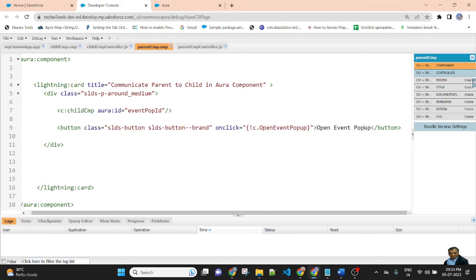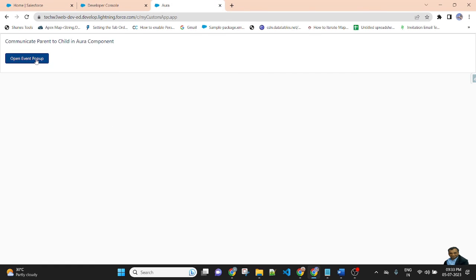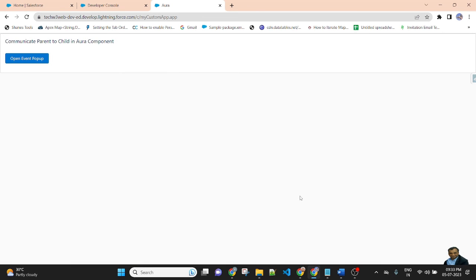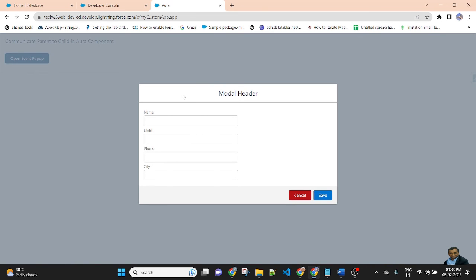This is open event pop-up. When you click on it, the modal pop-up will open. When you click on the cancel button, the modal pop-up will hide. In this scenario, I am using the Aura method to open the modal pop-up from parent component to child component.